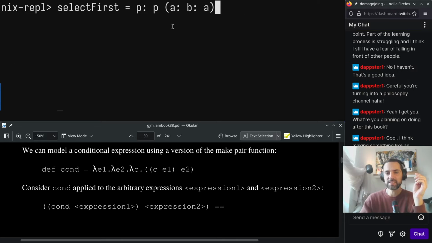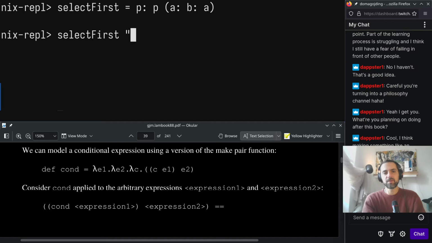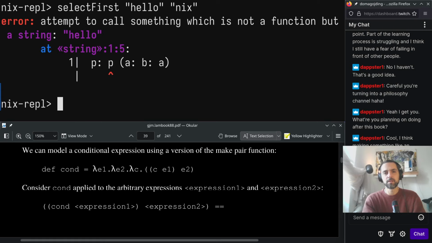and it will go inside, right? So like this, can this work? It does work. So now if I do select first hello and next, it won't work, right? It won't work. Attempt to call something which is not a function but a string. You see? But now if we define our make pair